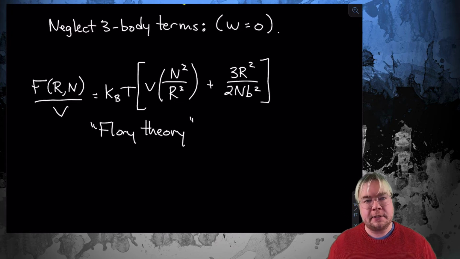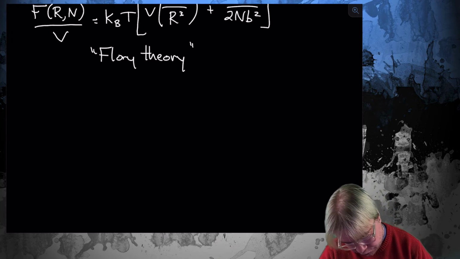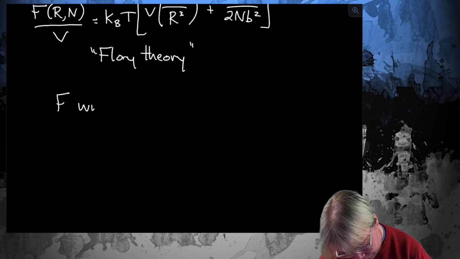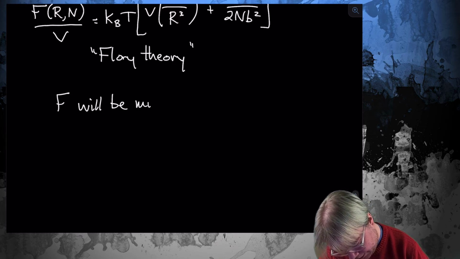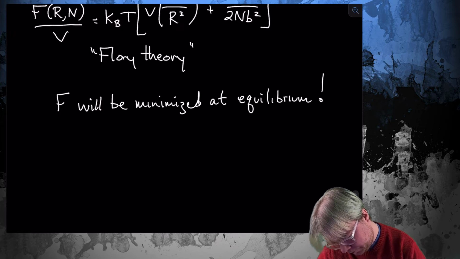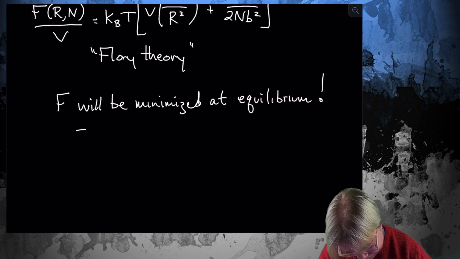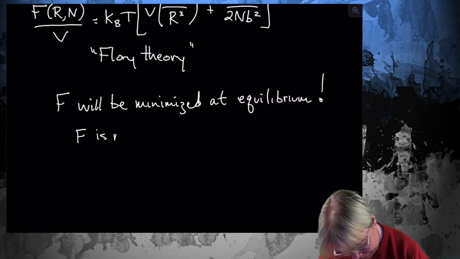All right, so now the question is, what do I do with this? Why do I care about this free energy? Well, the reason is that I can get the size of the chain from it. How? Well, in nature, F will be minimized at equilibrium. I promise you, if a system's at equilibrium, then the free energy must be minimized. When is something going to be minimized? F is minimized